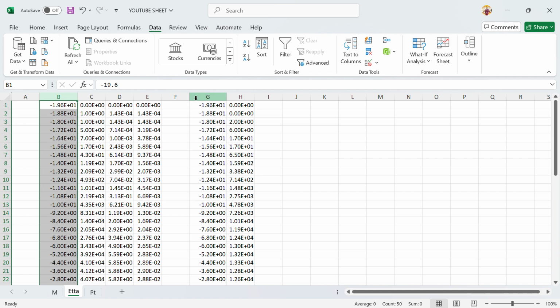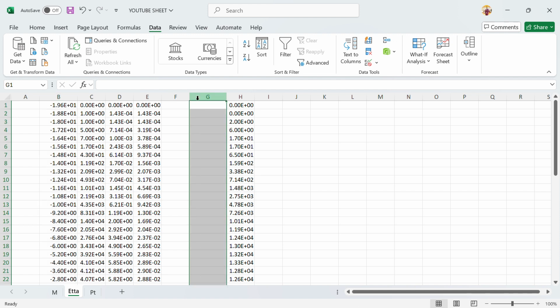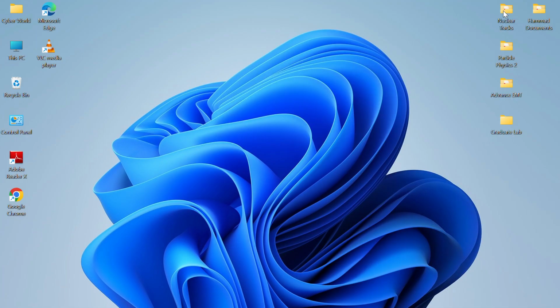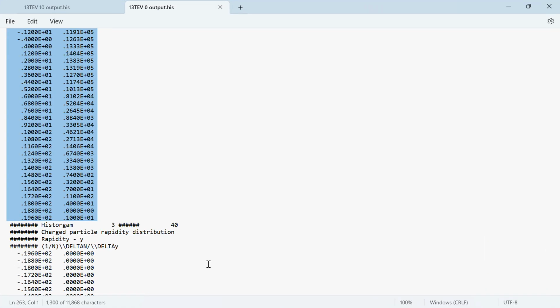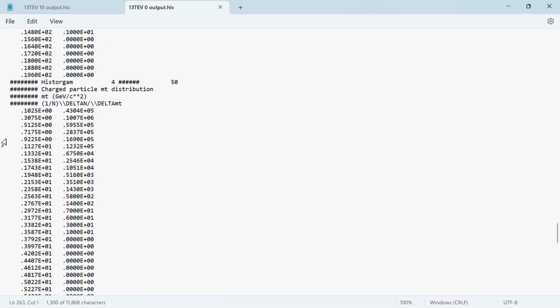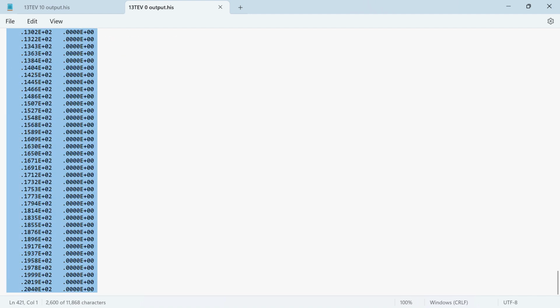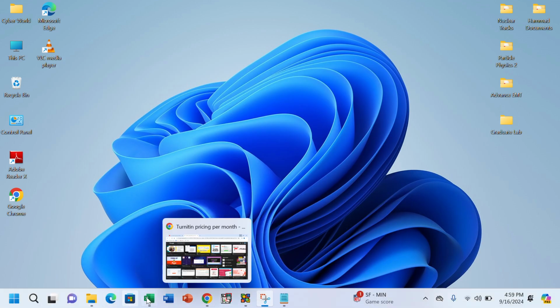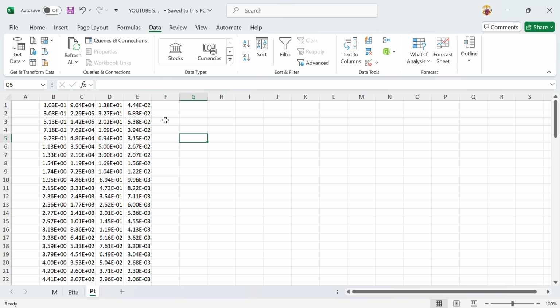What you have to do, delete one cell like G. Then you need the PT value. PT value you can find in the same folder. This is rapidity, we don't need rapidity, we need transverse momentum. Here you can see PT is available, just copy this data. And what you have to do, go to the Excel, and in PT you have to